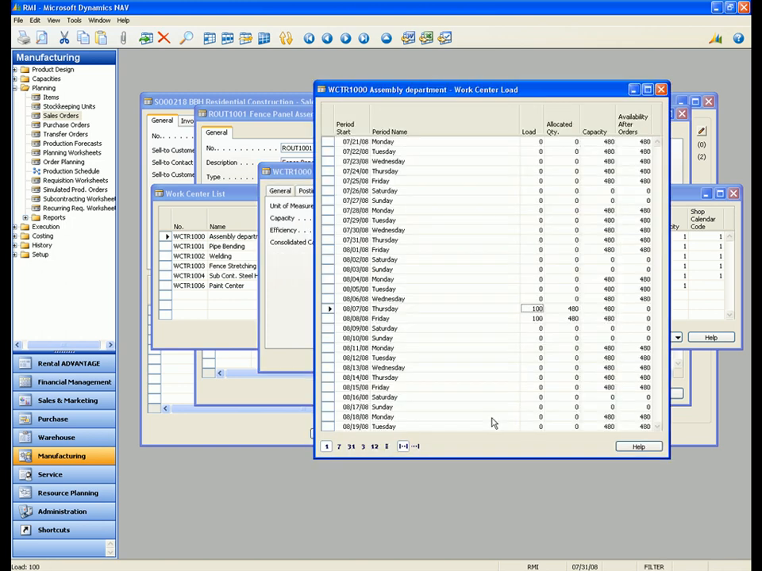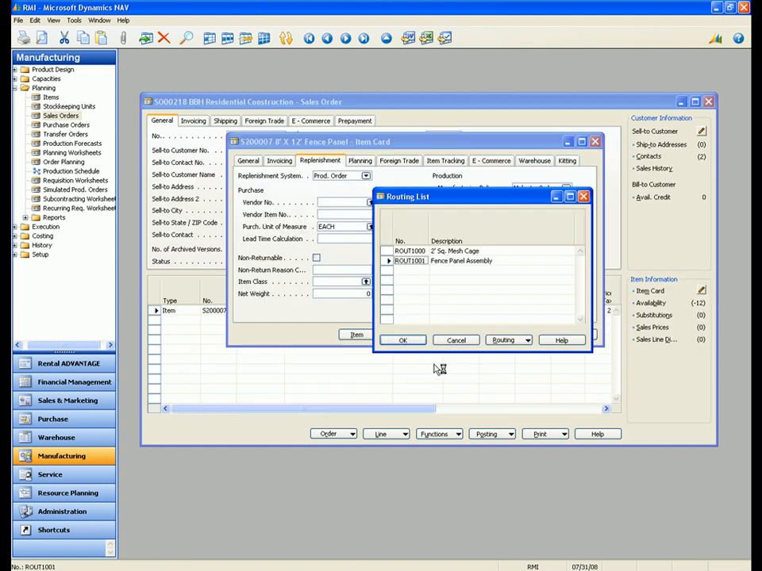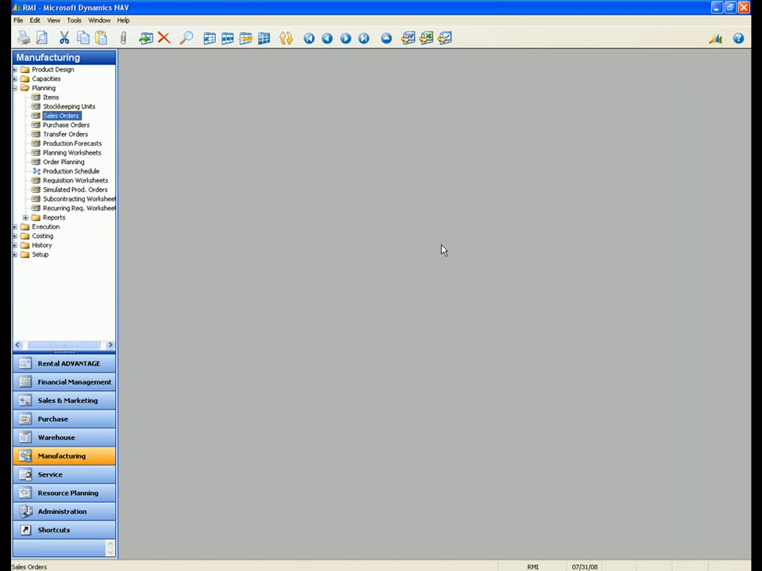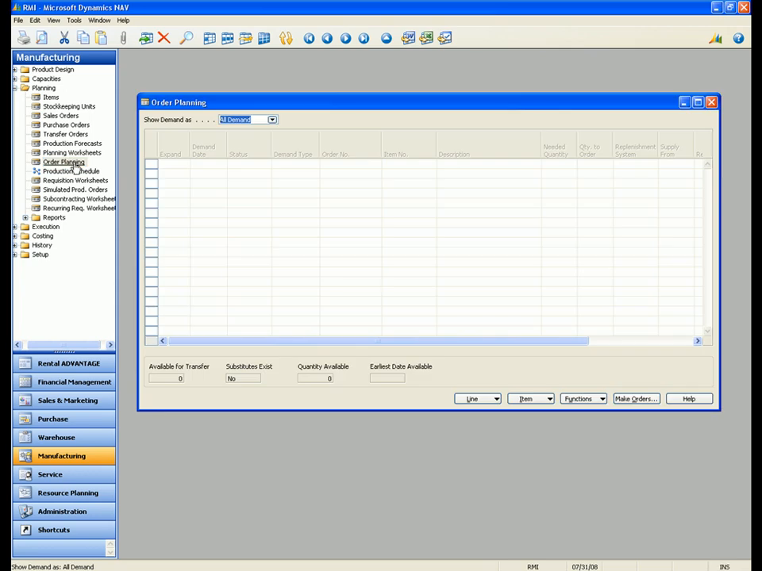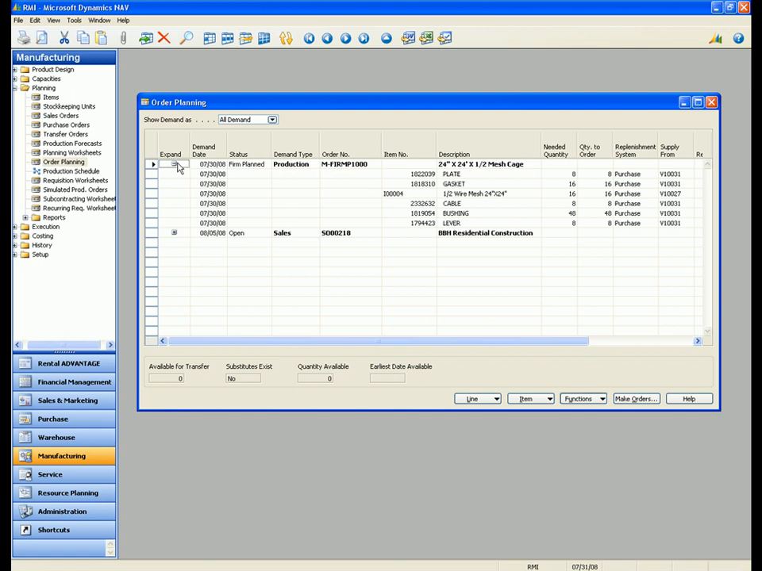So let's go back now into our order planning window and allow the system to go out and check for all the demand in the system. Or I can do just production or just sales. I'll look at everything, and I have 2 orders that appear. The first order is a firm plan production order for a mesh cage. These are all the components associated with the production of that mesh cage, and the system is requiring us to